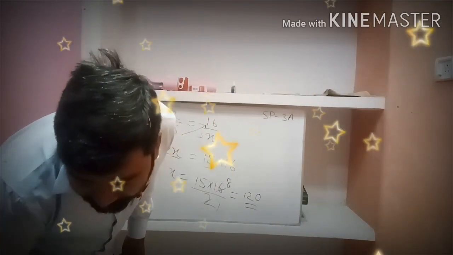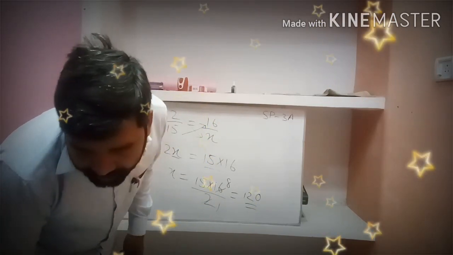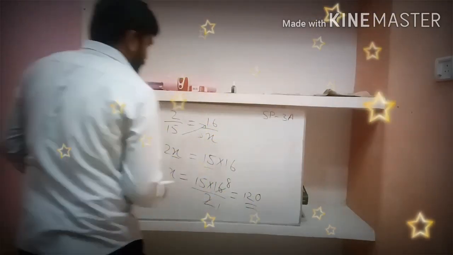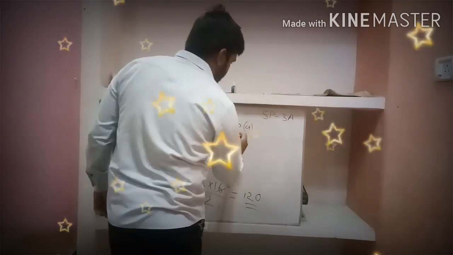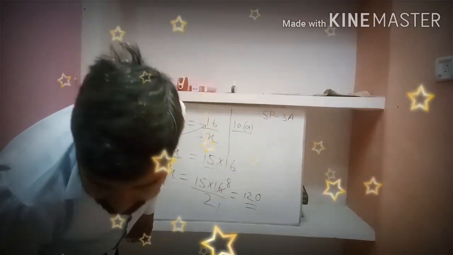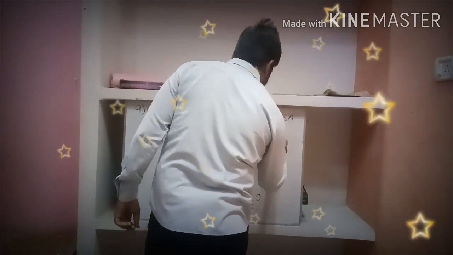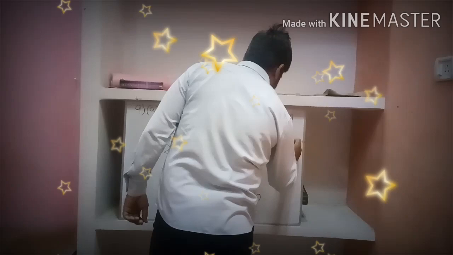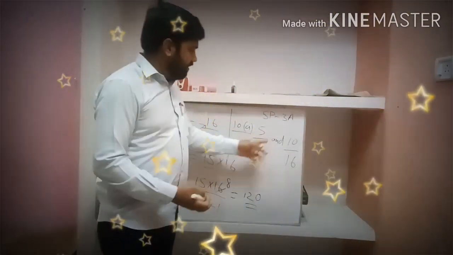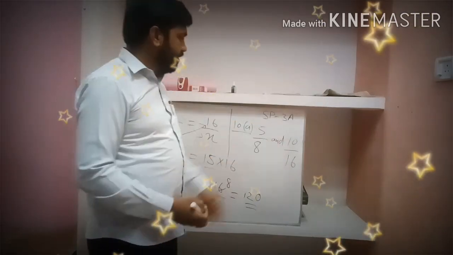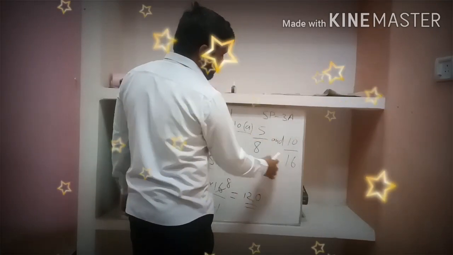Now the question number 10. Which of the following rational numbers are equivalent? So first we check A, 5 by 8 or 10 by 16. In this question number 10 A, 5 by 8 and 10 by 16. See, these are equivalent or not? So 5 2s are 10, 8 2s are 16. Yes, these are equivalent. So these are equivalent because 10 is a multiple of 5 and 16 is also a multiple of 8.